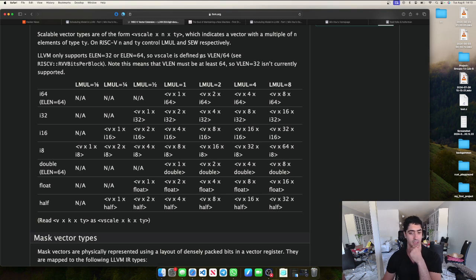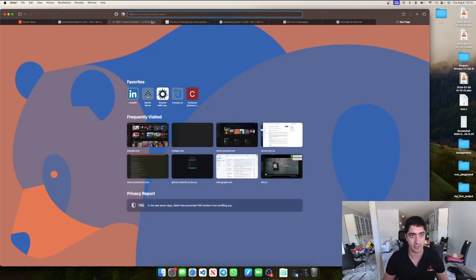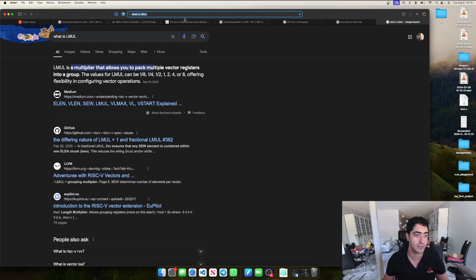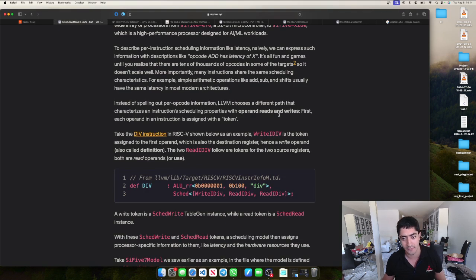LMUL. What is an LMUL? LMUL is a multiplier that allows you to pack multiple vector registers in a group. The values for LMUL can be 1/8, 1/4, 1/2, 1, 2, 4, or 8, offering flexibility in configuring vector operations. Not quite sure, but